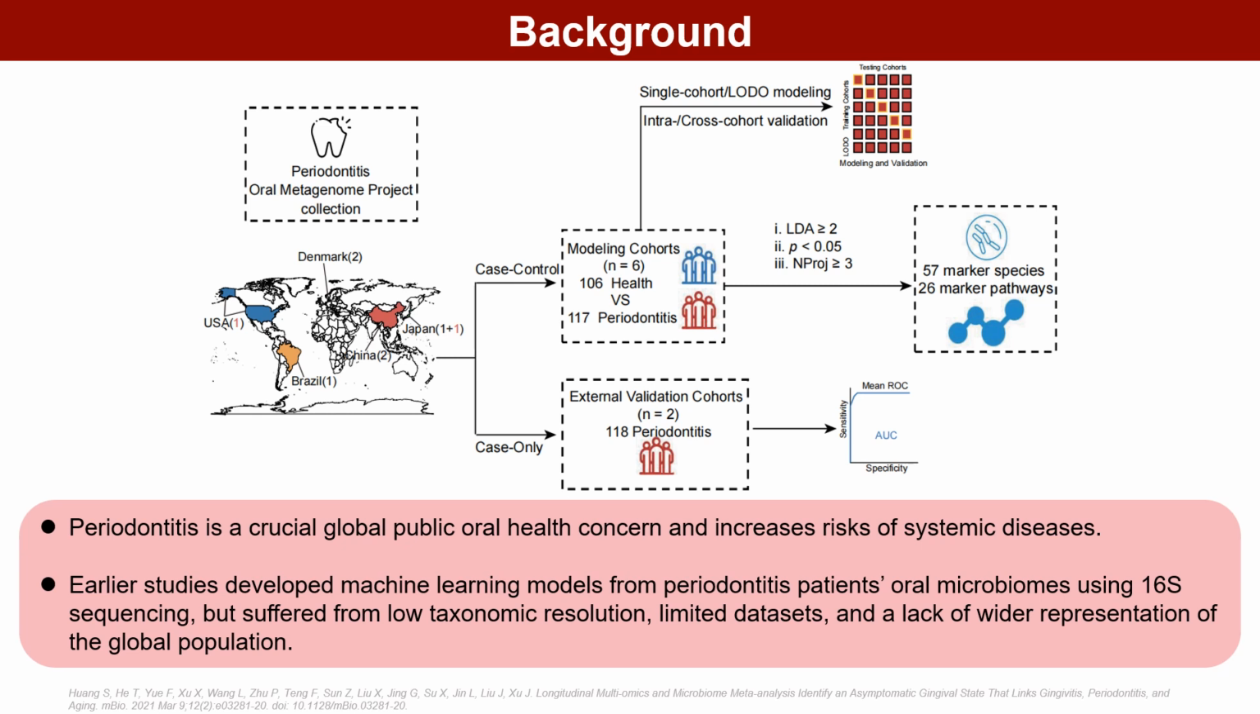Periodontitis is a common oral health concern around the world, and according to previous studies, it is known that patients with periodontitis have a greatly increased risk of systemic diseases. Early studies developed machine learning models of periodontitis using 16S sequencing based on the genus-level oral microbiome, but were influenced by low taxonomic resolution, limited data sets, and lack of global universal population, making the model universality and generalization ability low. So this study collected 8 metagenomic cohorts across 5 countries and 3 continents for marker identification, modeling analysis, and